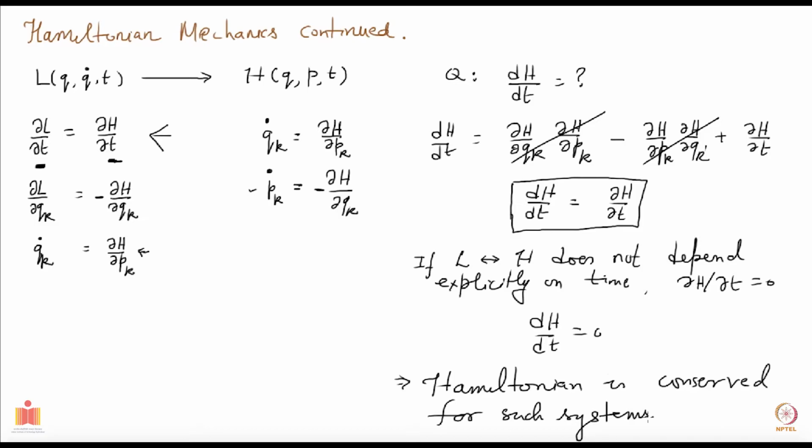Okay, and you may also recall that very early in this course we had encountered this quantity pq dot minus L, which is what we are calling the Hamiltonian here, and this is what we called Jacobi's integral in very early lectures. We also saw that this quantity can be identified with total energy if certain conditions are met. It's not always the total energy, but under certain conditions it can be identified with total energy, and let me just remind you what those conditions were. You can go back to those early lectures and see.